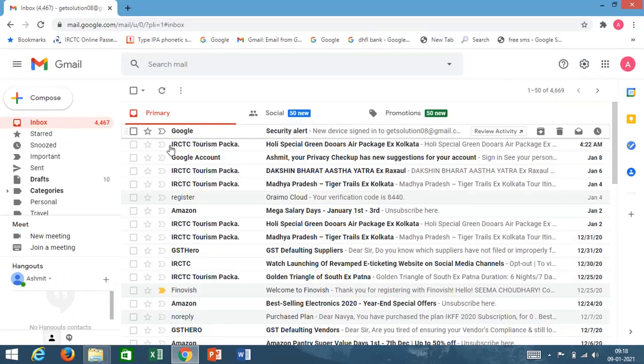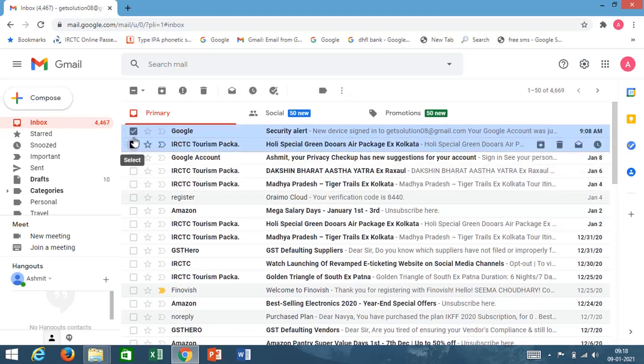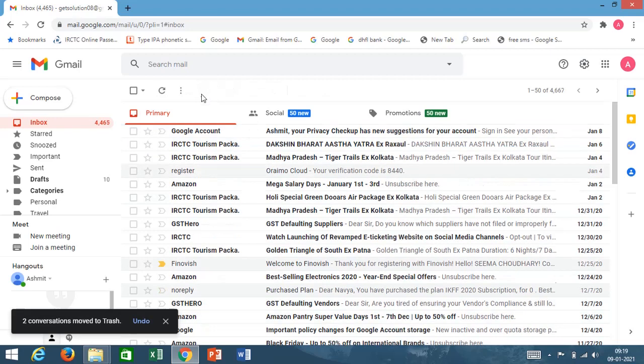Now whenever we delete any email, let us say I am going to delete these two emails. Just select the checkbox over here, then click on the delete button given at the top. Here it is. Now you can see two conversations moved to trash. Down here it is written in the left down corner.